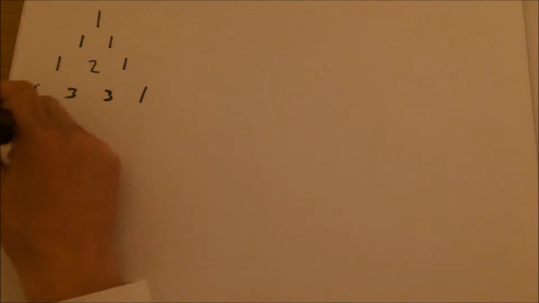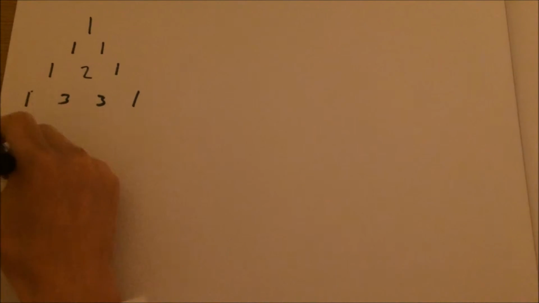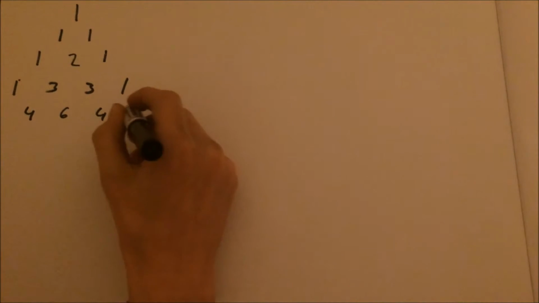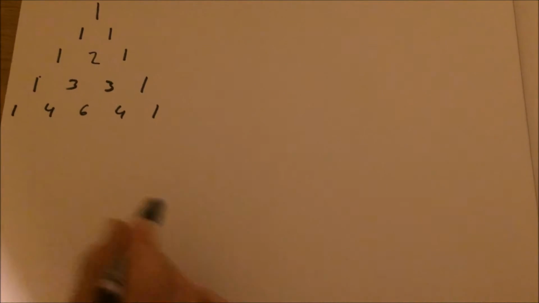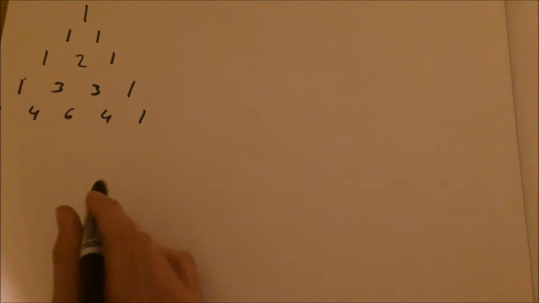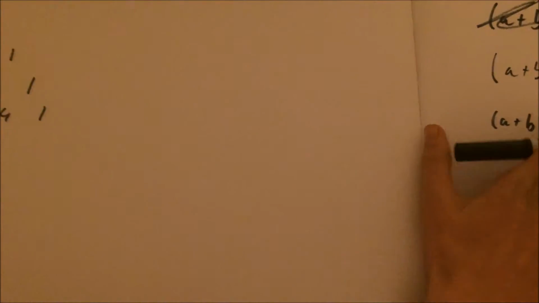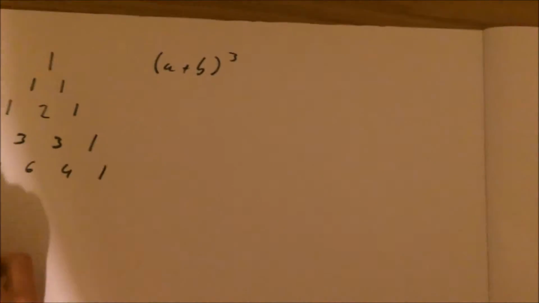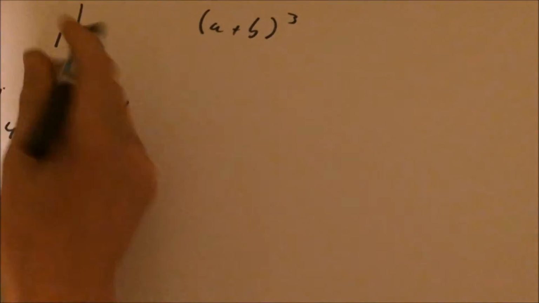Let's just go on to the fourth layer. Bear in mind that the first layer is called the 0th layer. So 1, 4, 6, 4, 1. And what is this triangle actually used for? Well, if we come back to (a plus b) cubed, the way we're going to work this out is using the third layer,